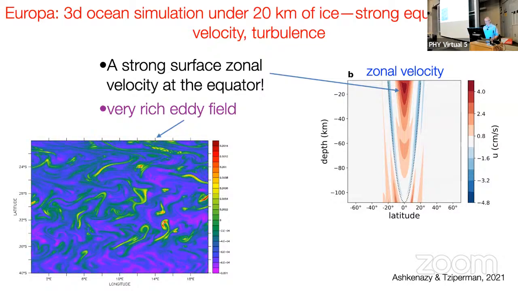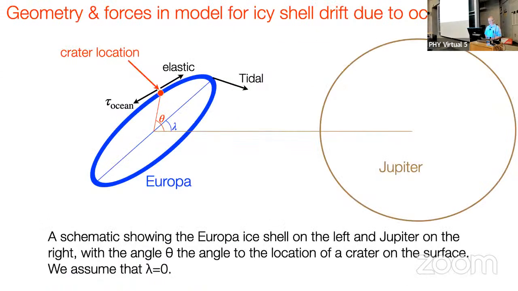Okay, so without getting into the dynamics of the ocean itself, let's jump directly to this. Here's the geometry. We built a simple model for the rotation of the icy shell, taking into account the torque that the ocean circulation applies. Here's Jupiter, very big, and Europa, much smaller, so it's not to scale. Because of tidal forces applied by Jupiter, Europa is going to be elongated. I exaggerated this angle between the elongated shape and Jupiter. It's actually very, very close to zero. But just to make it clear what happens, there's this elliptic shape that's oriented toward Jupiter because of the tidal forces by Jupiter.